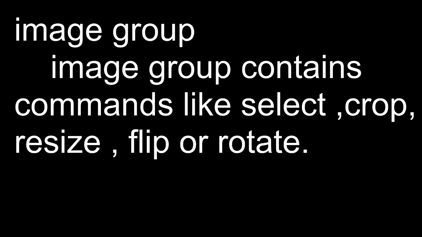The next command that we have learned is crop. Crop means cut off. This crop command is used to cut off the selected area of a Paint program or image. Crop means cut off, which allows us to keep the selected area and the remaining area will be deleted from it. That is the use of cut off. So today let us learn the remaining commands which are present in the image group. So let us start to learn.